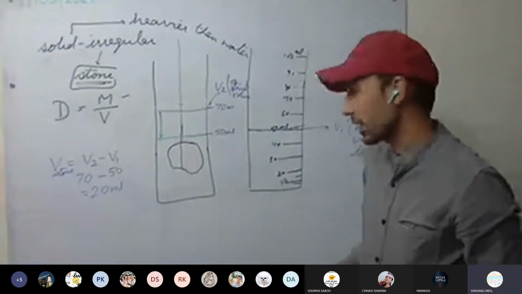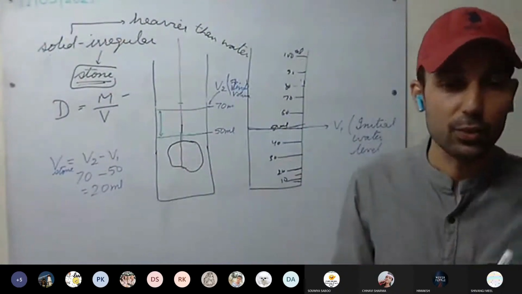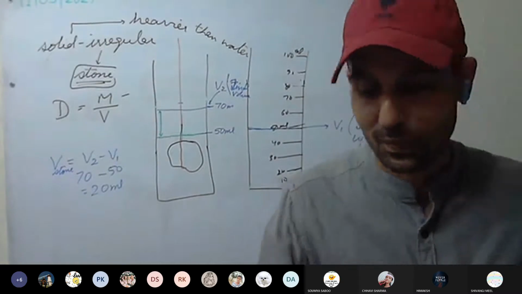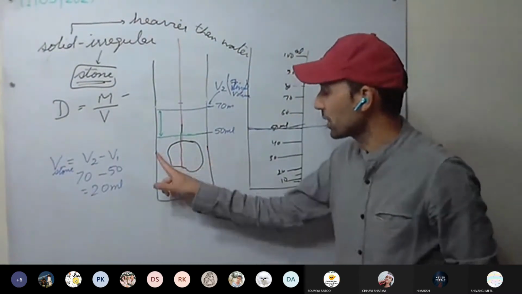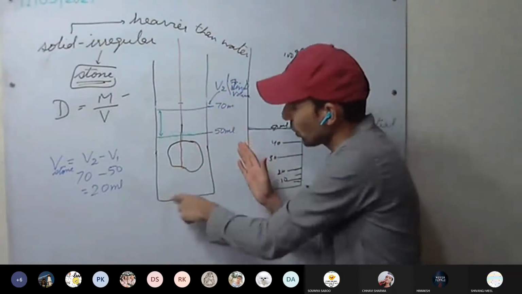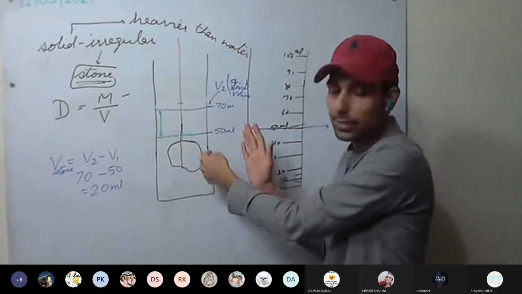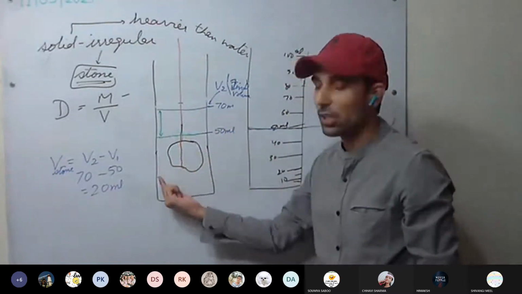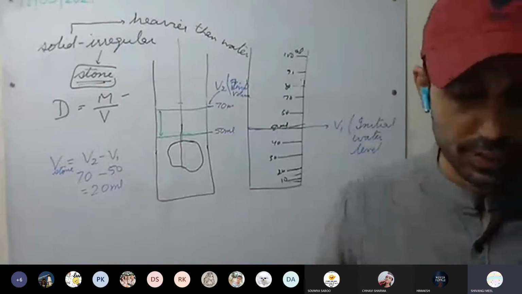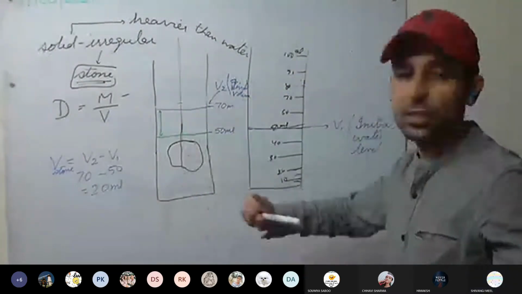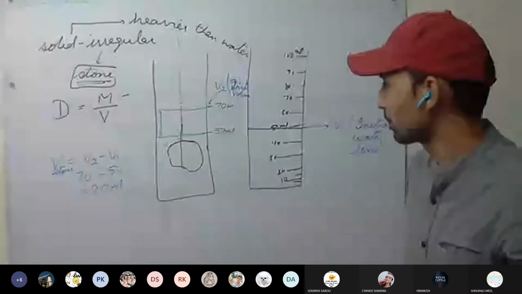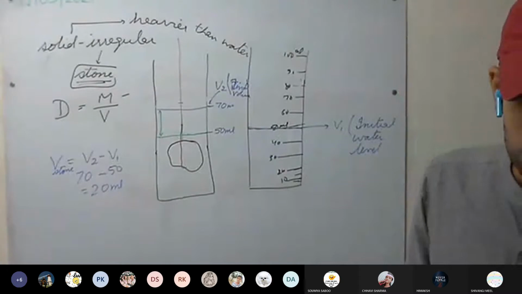Okay, sir. There may be some other reason as well, maybe, but I haven't got any information on that. I searched yesterday, I have also got the same doubt. So maybe that's the reason, because when we are immersing, it may glide across the sides or the bottom. There may be some sharp edges which may damage our measuring cylinder. Okay, maybe that's the reason. You all can search over the internet, okay? If you get some other information, please tell me as well, okay? I searched yesterday, but I haven't got any proper answer.